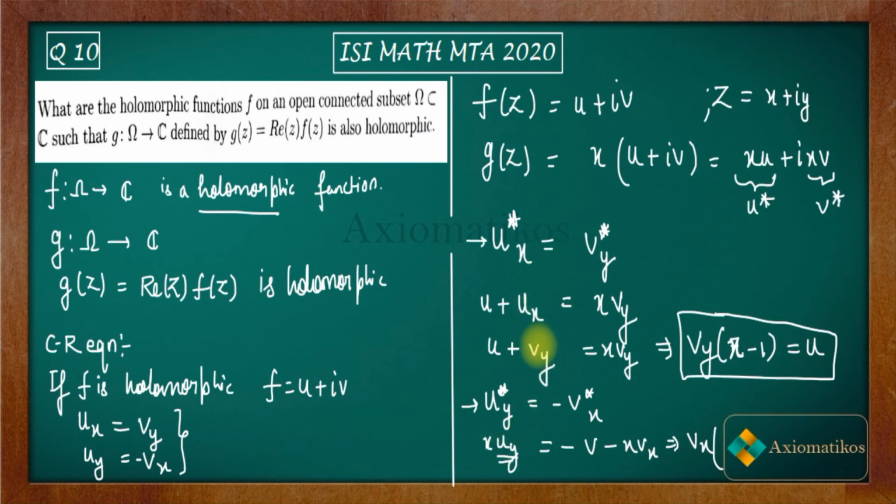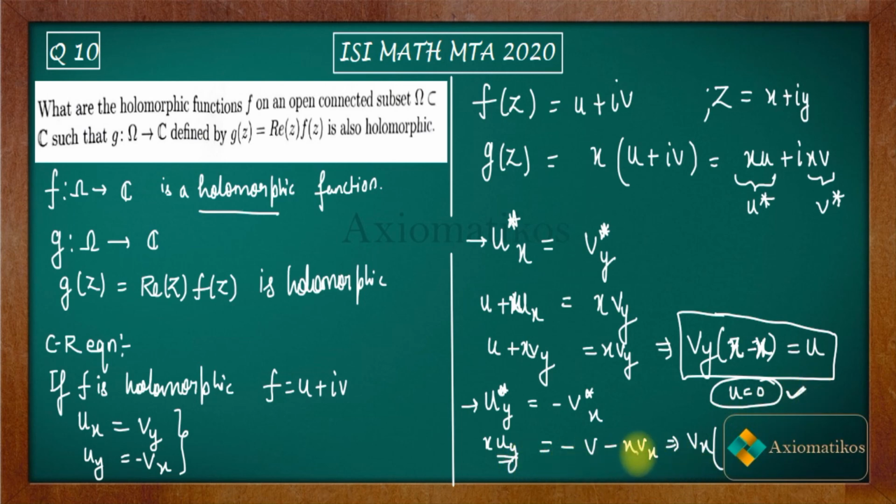When you are partially differentiating, you will get v_y, and on the right hand side you are not. But why am I getting this? Yeah, everything is fine. I think I made a mistake here, so you should get x here. This is my mistake. All right, let me correct it. You will get x over here. So it will be x v_y, therefore you will get this condition. From here you will get u is equal to 0. That is what my mistake was. Are you getting my point or not? So I made a mistake, therefore u is 0.